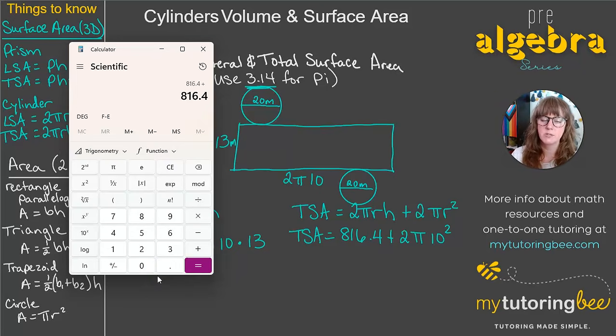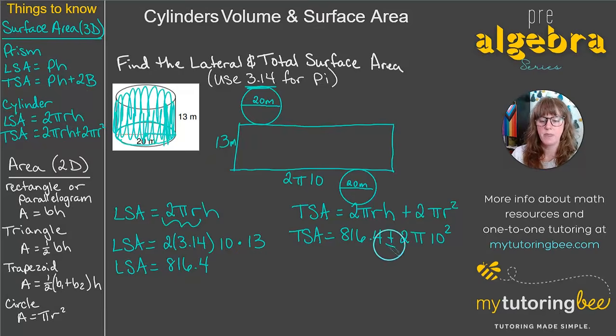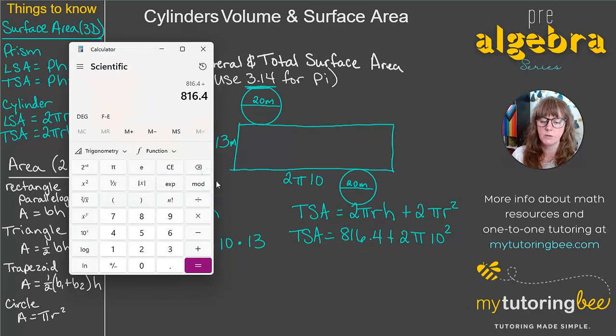If your calculator does not, or if you're calculating this by hand, you do want to follow order of operations and do the exponent first, then do the multiplication, and then add in this 816.4. I'm going to go ahead and put all of this into my calculator because it will calculate it using order of operations for me. So 816.4 plus 2 times 3.14 for pi times 10 to the second power, and that equals